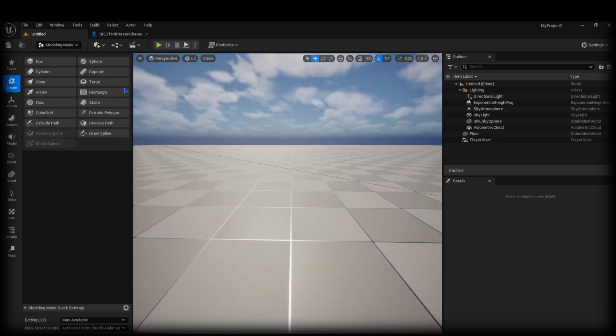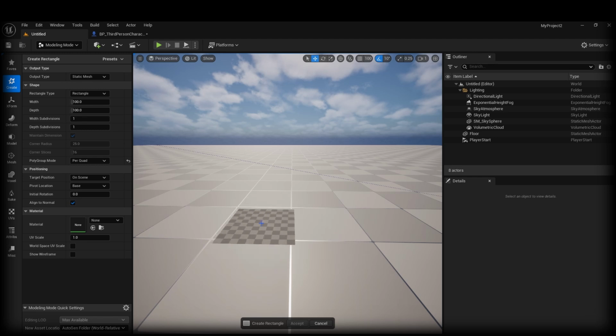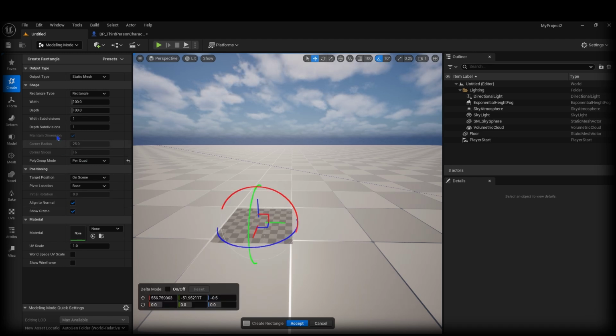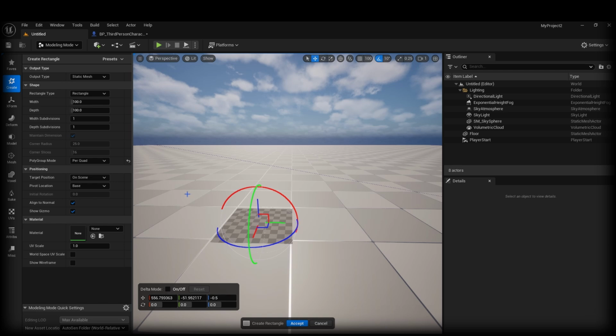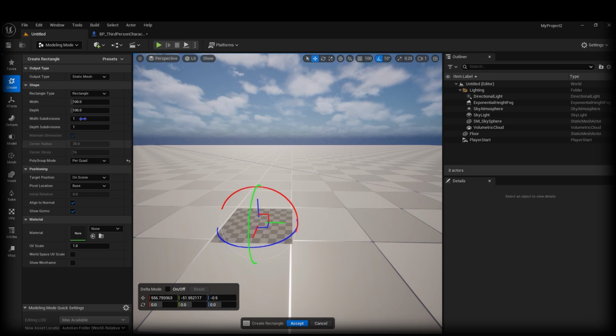So let's go to modeling, and we're going to do a rectangle so we can place that into our level. But as it is right now, it's pretty much just one face, so it'll be two triangles connected point A to point B. This will be a triangle and this will be a triangle, so imagine like a halfway divide. We need more subdivisions to be able to utilize a better effect and achieve a better result, should I say, with our cloth simulation. So with our width subdivisions, we're going to set our width to 60 and